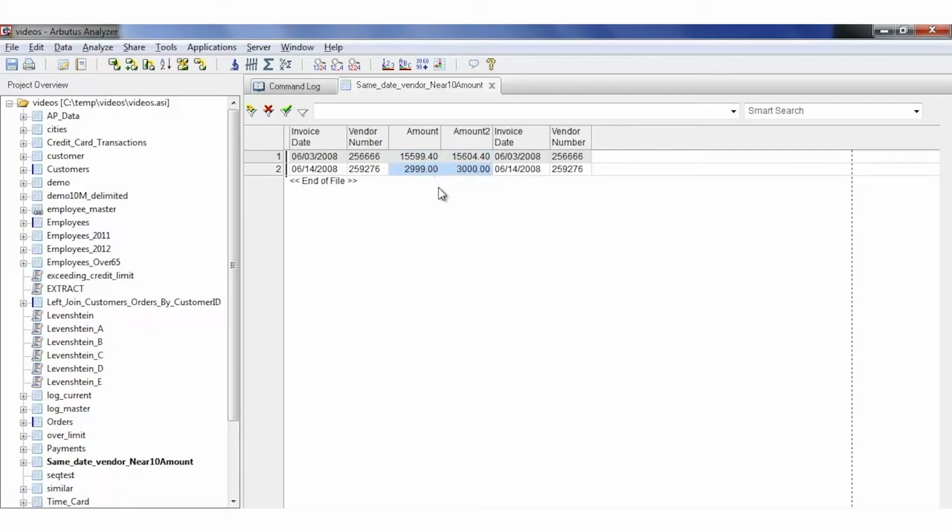Now these might be perfectly valid transactions. It might be perfectly fine that we had the same date, the same vendor, and then there were amounts within $10 of each other. But this is just an example of how we can use fuzzy duplicate logic integrated into the duplicates command to check for possible anomalies that you wouldn't normally catch. I'll save the view. I'll go back to my payments table,